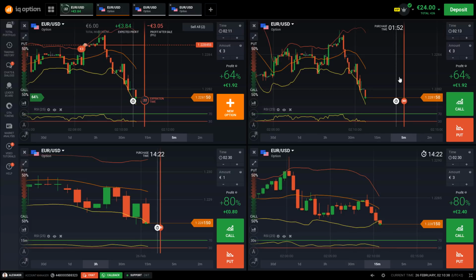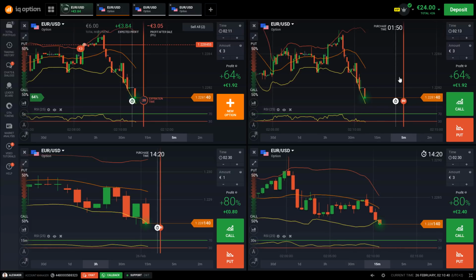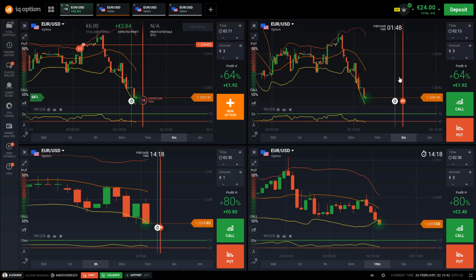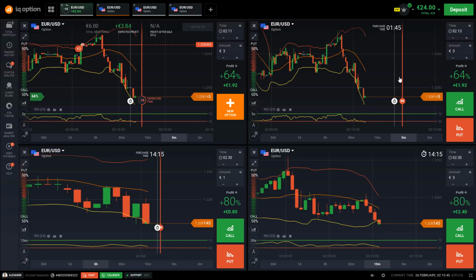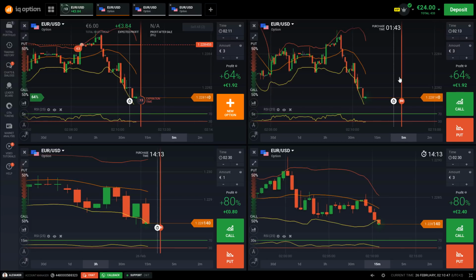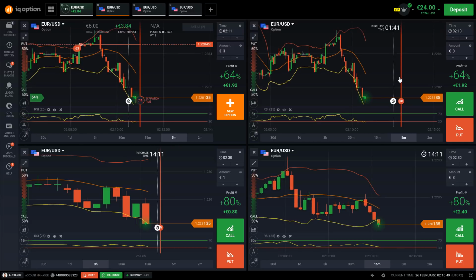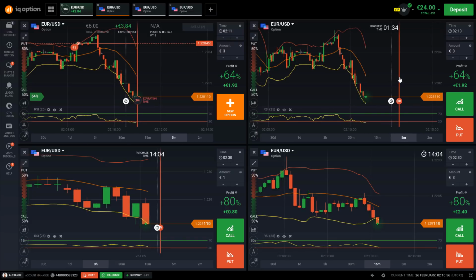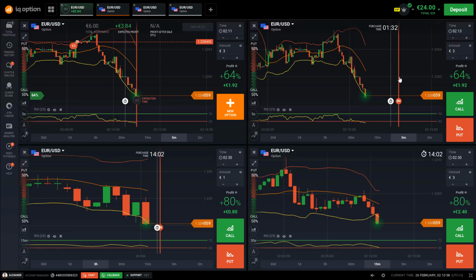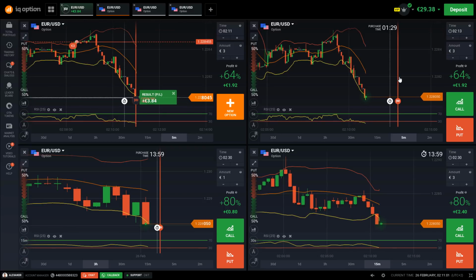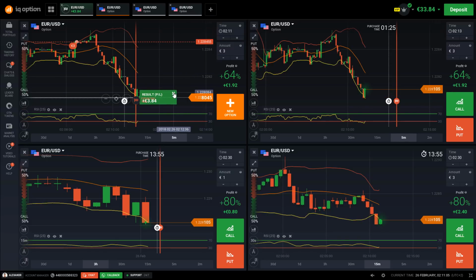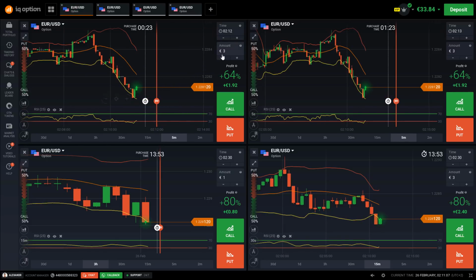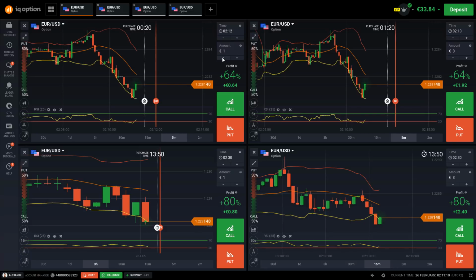Like I mentioned earlier, currently the downtrend is a little stronger than the upper trend. That's why I prefer to trade from the top to the bottom. Okay, so this one worked. The next one,